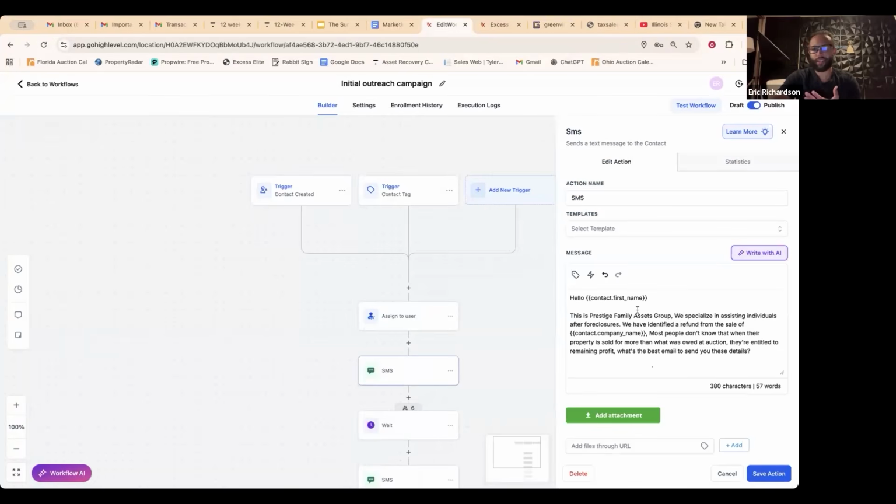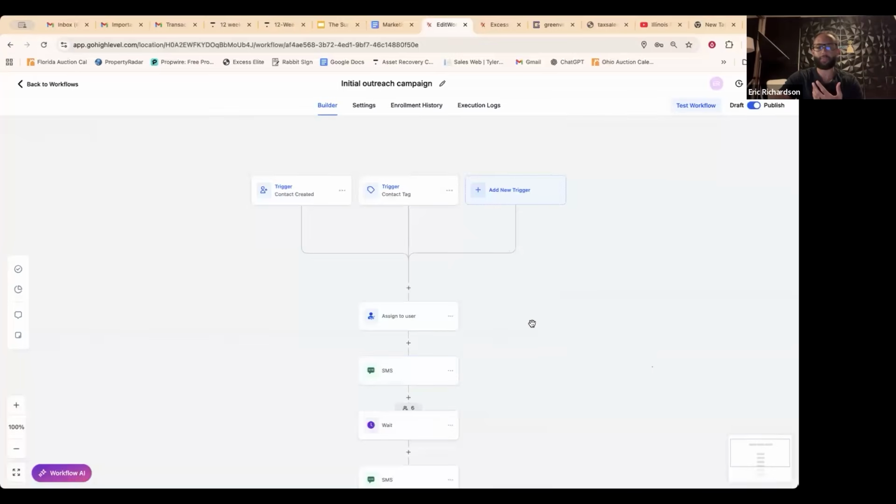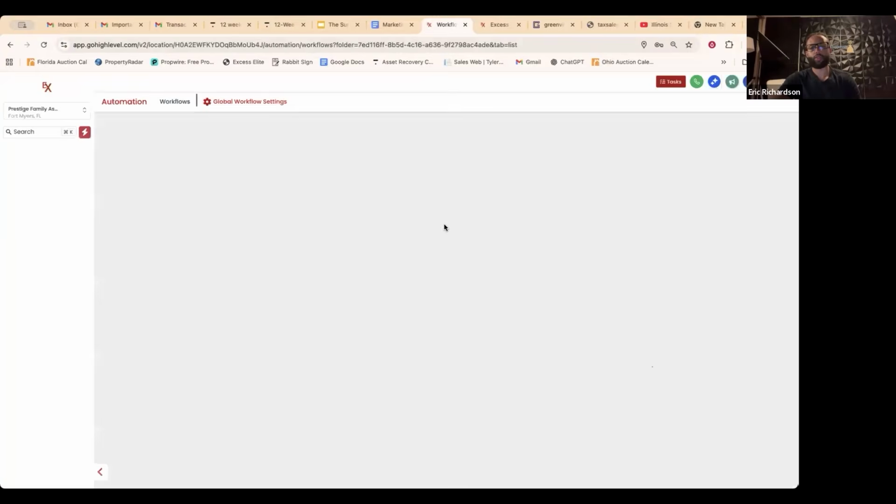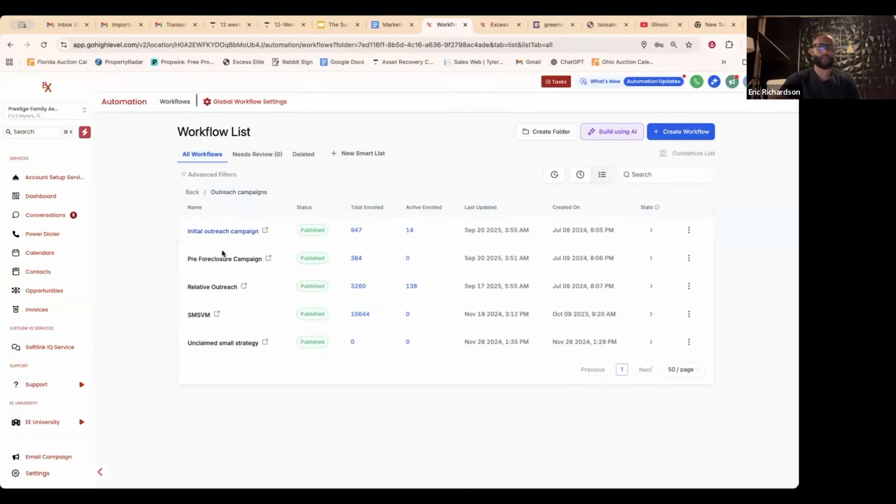All right. So then you can customize your text. This happens to be the text that I use. We're pulling the contact's name, we're pulling the address. I want to be very specific when I'm contacting people, and then we go through this journey. Now, we also have a follow-up for pre-foreclosures. We have a follow-up campaign for relatives. We have the unclaimed